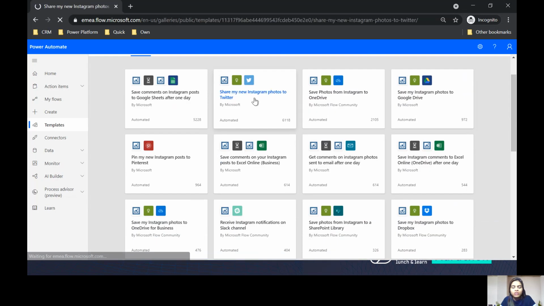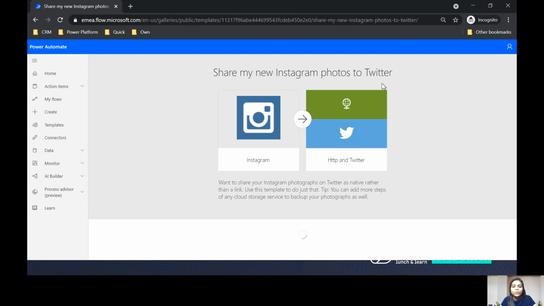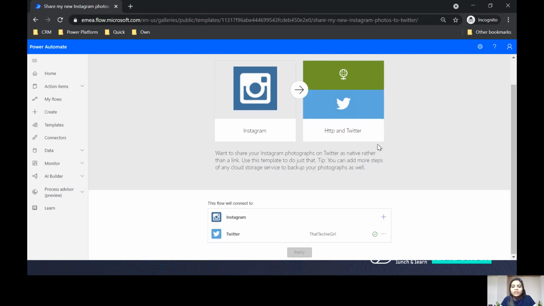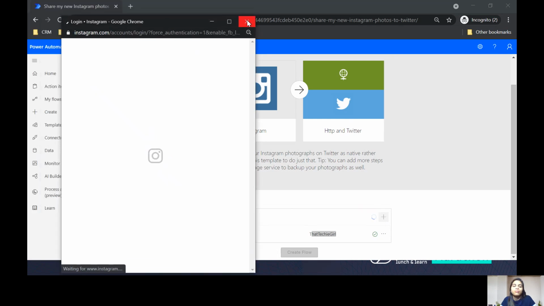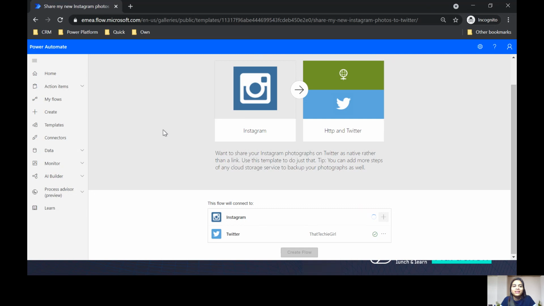If I click on this one, Instagram photos to Twitter, you will see it will take some time and then it will open. If you notice, my Twitter was already logged in with my account, that techie girl. That's the reason it's showing a green checkbox. For Instagram, it's asking me to sign in. As soon as I click here, it would want me to authenticate. Okay, I'm not doing that for now.